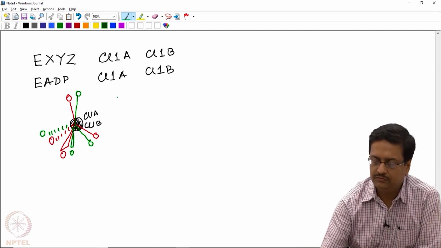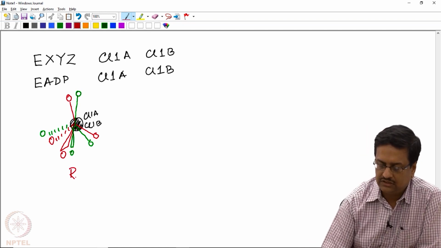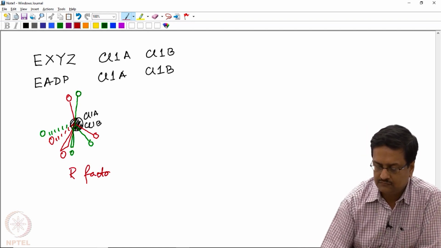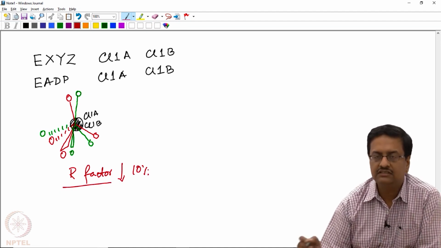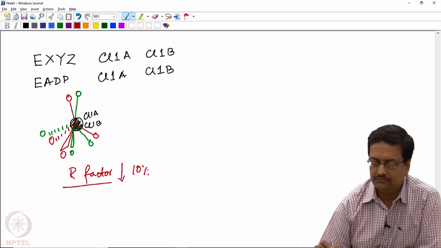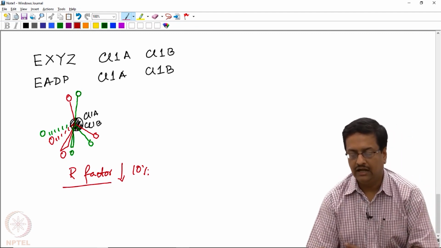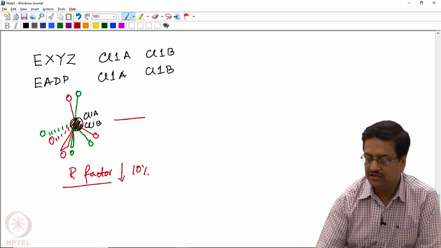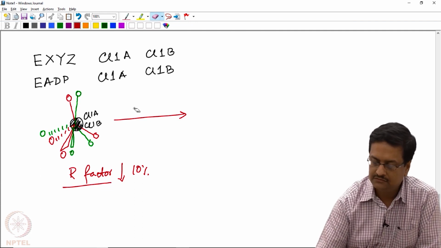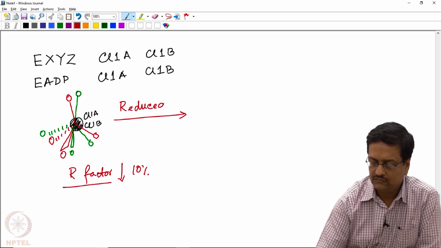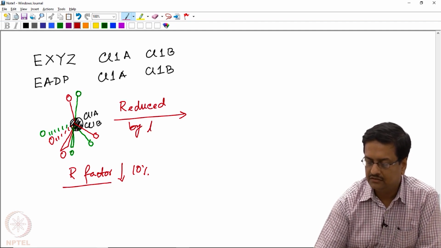and the refinement would bring your R factor below 10%. So this type of disorder that we can handle, and this can be reduced by doing it at low temperature, because